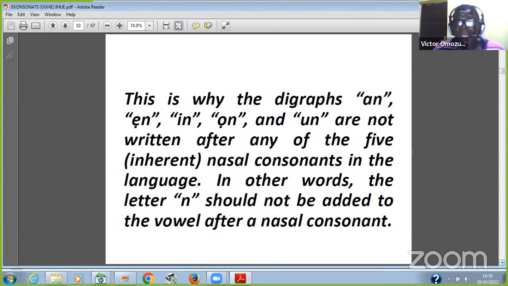All of us will write it in a uniform way, like you have Igbo written in a uniform way, Yoruba written in a uniform way. None of us were taught any of these rules. And these are basic rules that once you follow them to the letter, you will see that everybody will be writing Edo in a uniform way.